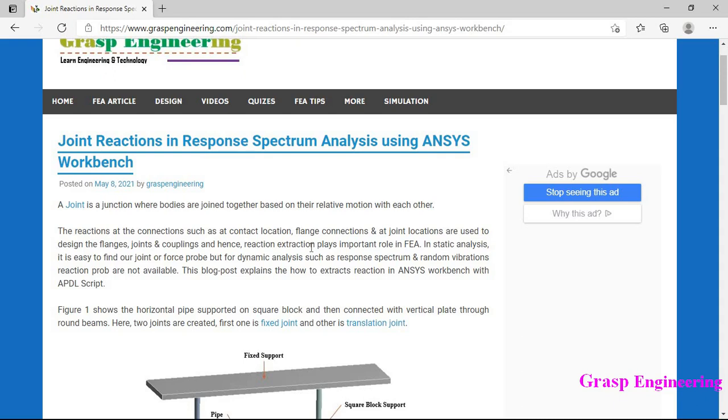When someone asks you to perform FEA, if designers are involved, they will always ask for the reactions because they want to validate their design with respect to the reactions. That is why joint reactions are important.